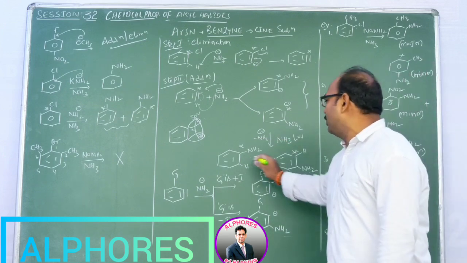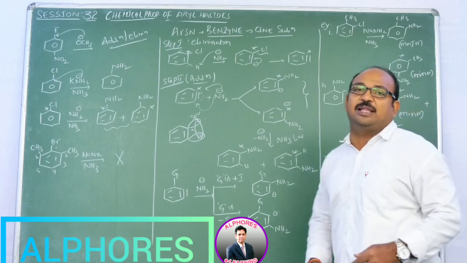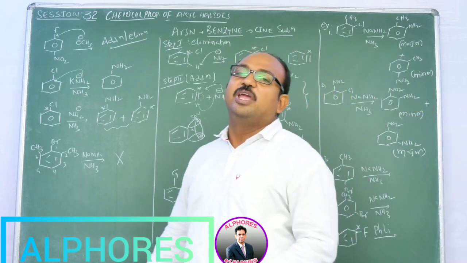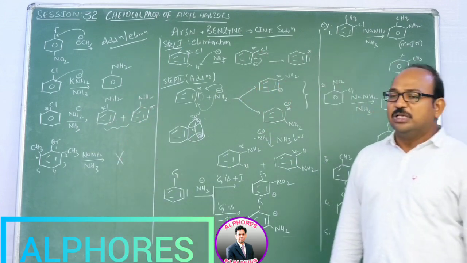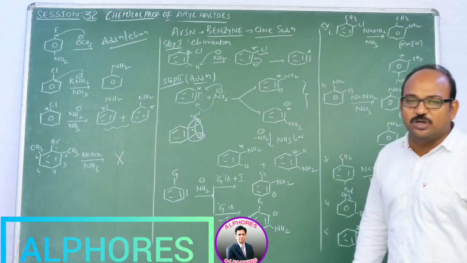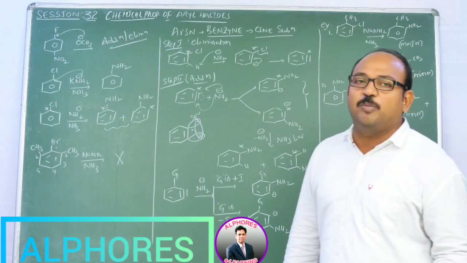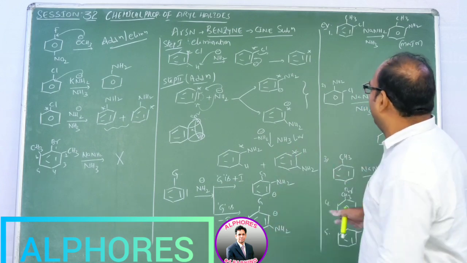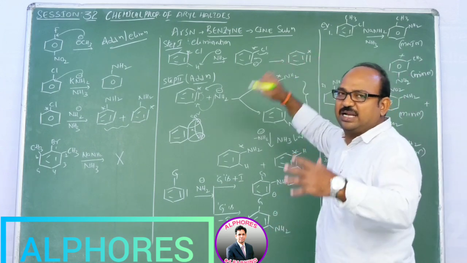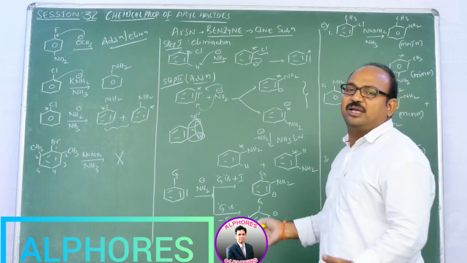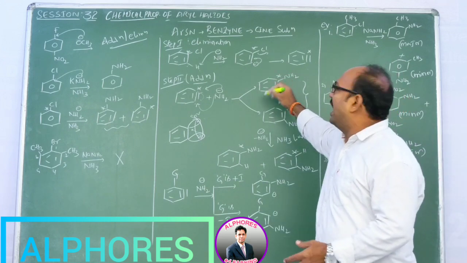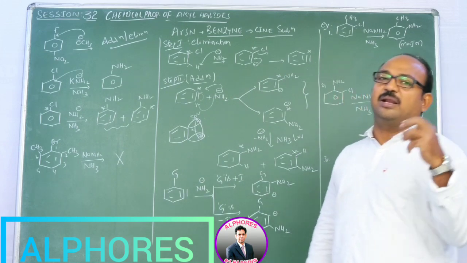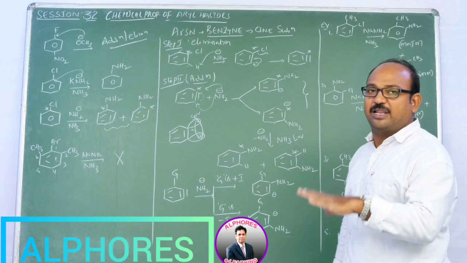So finally we are getting 2 products. If you observe this mechanism, why are we getting 2 products? When we consider the C14 isotope, if the leaving group contains carbon. So this mechanism explains it well. This mechanism is what we call the benzyne mechanism, also called aryne substitution. Now here it is very clear. In the first step elimination, in the second step addition. During addition a carbanion is formed, and during elimination also a carbanion is formed. That means the intermediates are a carbanion intermediate and a benzyne intermediate.